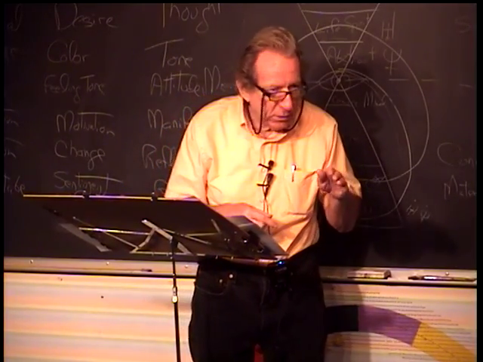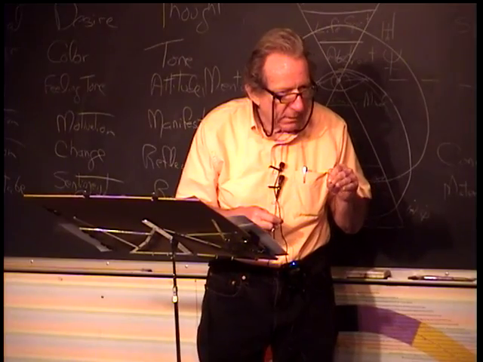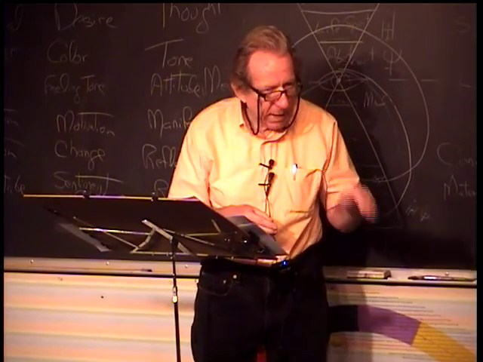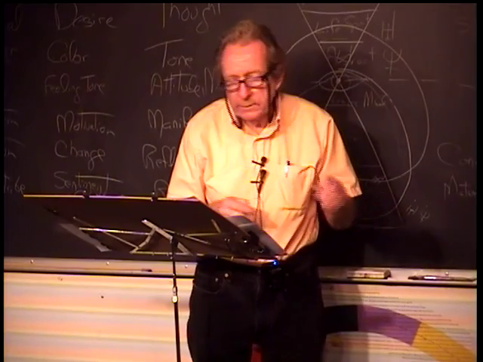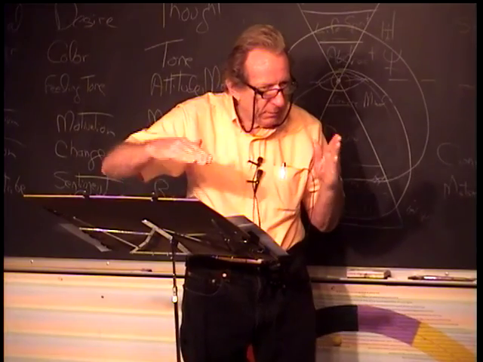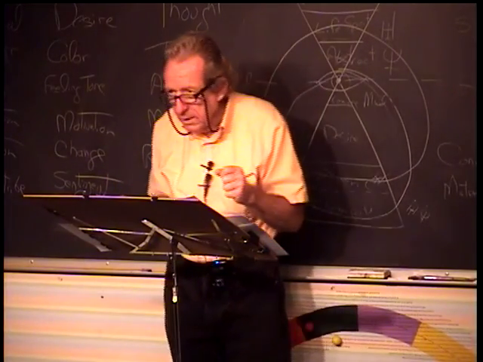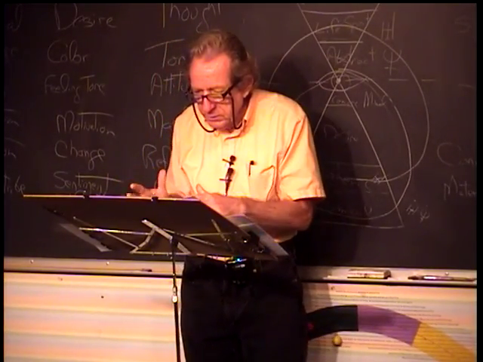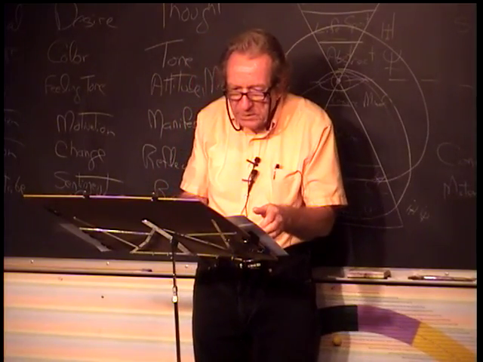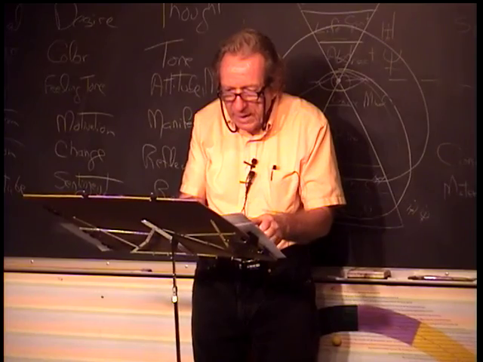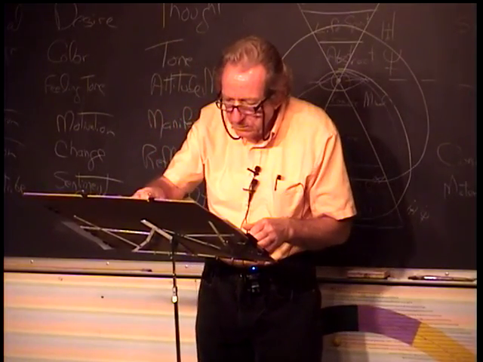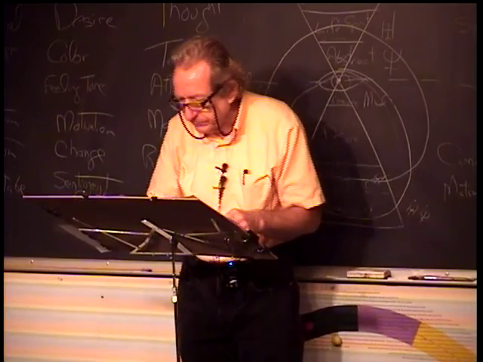We're going to have a whole section on aspect patterns like this. A 30-60-90 triangle is a mathematics term. And it doesn't deal with the aspects, it deals with the kind of triangle that it is mathematically. Okay. All right. So you see what we're dealing with here. Now let's look at that one aspect that we haven't looked at yet, and that is the number 2 aspect, and that is Mercury sextile Jupiter.